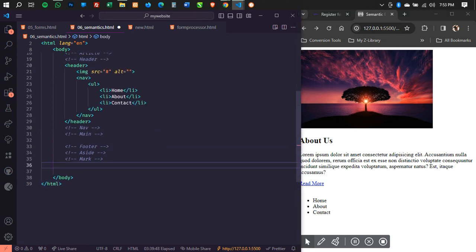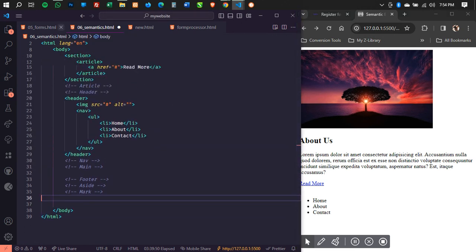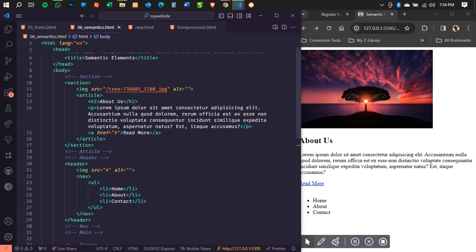And then we also have another element called a mark, which is used for highlighting. So when I come back into